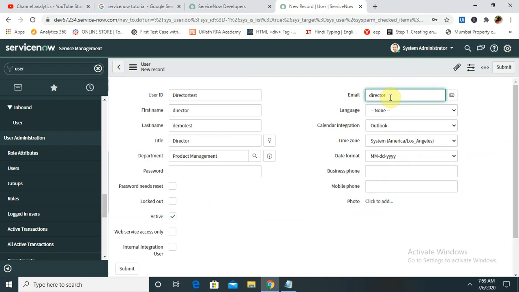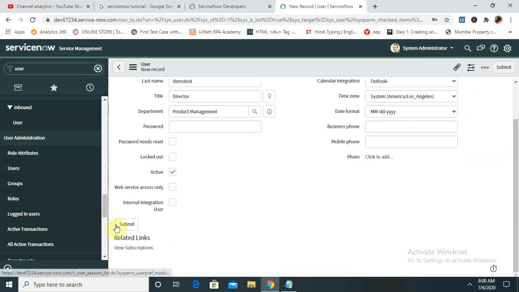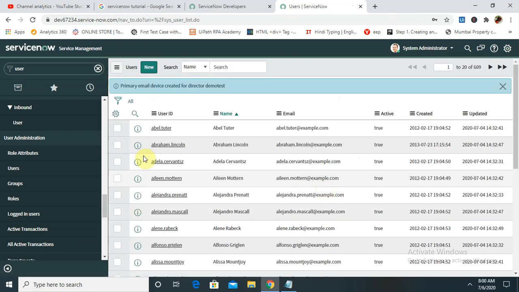Director test @gmail.com. Language: you can select English, because by default the language is English here, because my administrator login credential is English. So by this way we can create a director login credential as well.